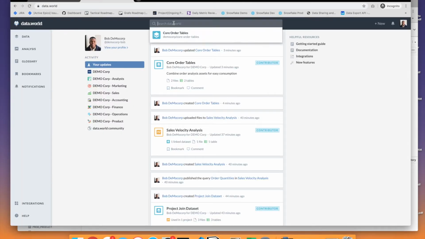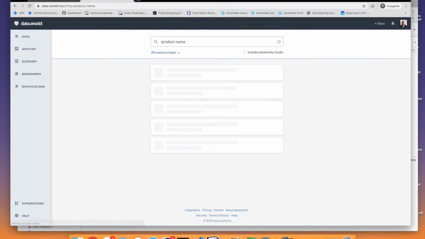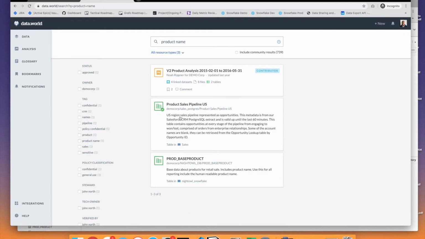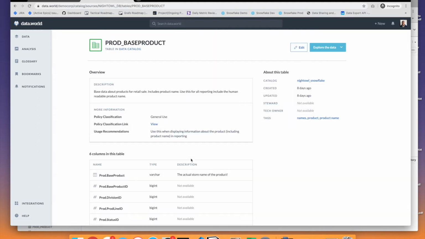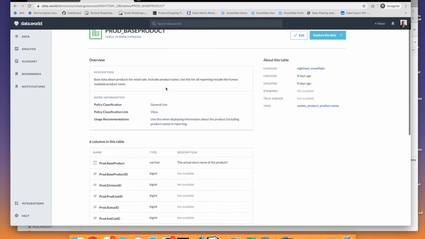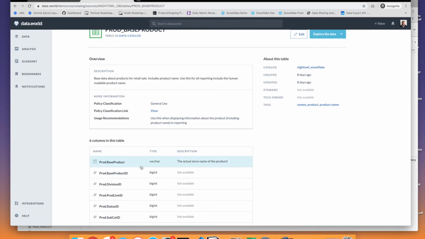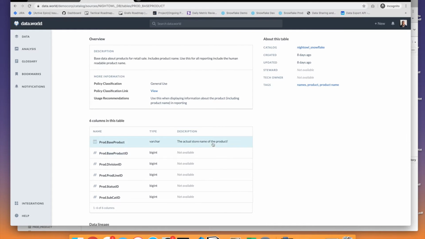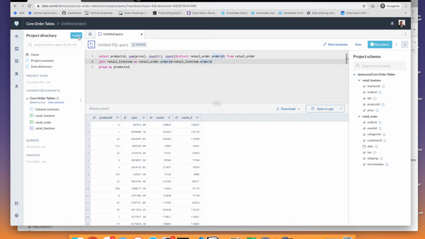But over here in data.world, I can do a search for product name. And here I find another Snowflake table called prod base product that actually documents that it includes the product name. And here we're saying we should use the base product column, which is the actual display name of the product. So let's go back over here and let's go